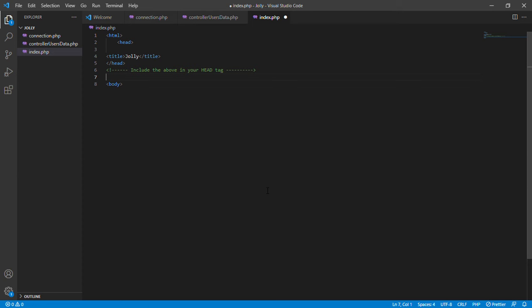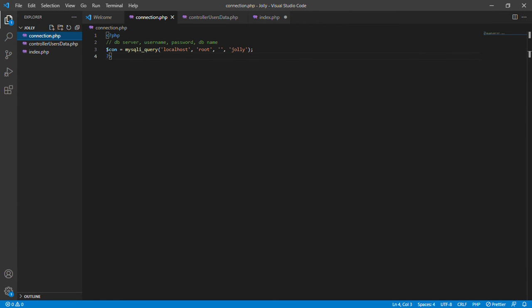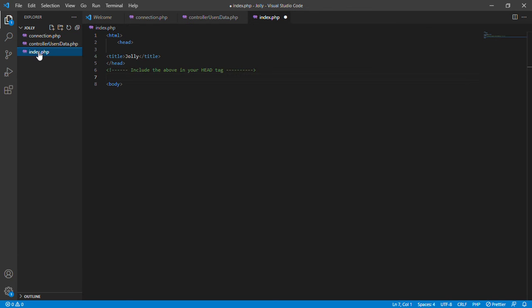Alright everyone, welcome back, and now we're going to continue. So you remember we created a page called the connection page, and then the controller users data, which is empty, and then our index page. Now our index page, we're just going to give it some basic HTML